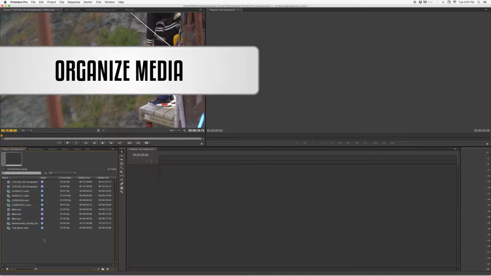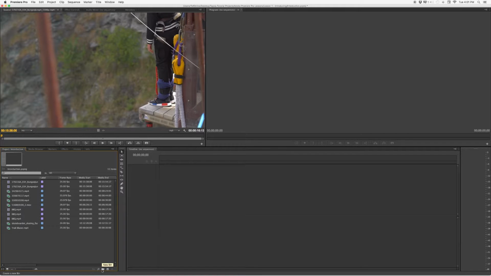Now, how you organize your clips here, in the bottom icon, we have the new bin. When you click on the new bin, they are actually folders, but Adobe Premiere Pro calls their folders bins. So I guess that's something you have to get used to. But for me, I still call them folders. When you click on your new bin, it allows you to type in the name of the folder. So I type in movie, press enter, and then you can select your clips, drag them in,